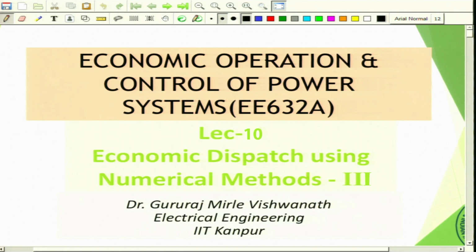Just to summarize, we have learnt about three different topics. The first one is piecewise linear approximation, where we find out the optimal schedule while we carry out different segments for each generator, starting from the lowest lambda minimum to the highest lambda maximum. Then we will formulate a table where in ascending order we will make an entry to each and every row, so that we will get the optimal schedule, choosing from the lowest lambda minimum to the highest lambda maximum. And the second was about